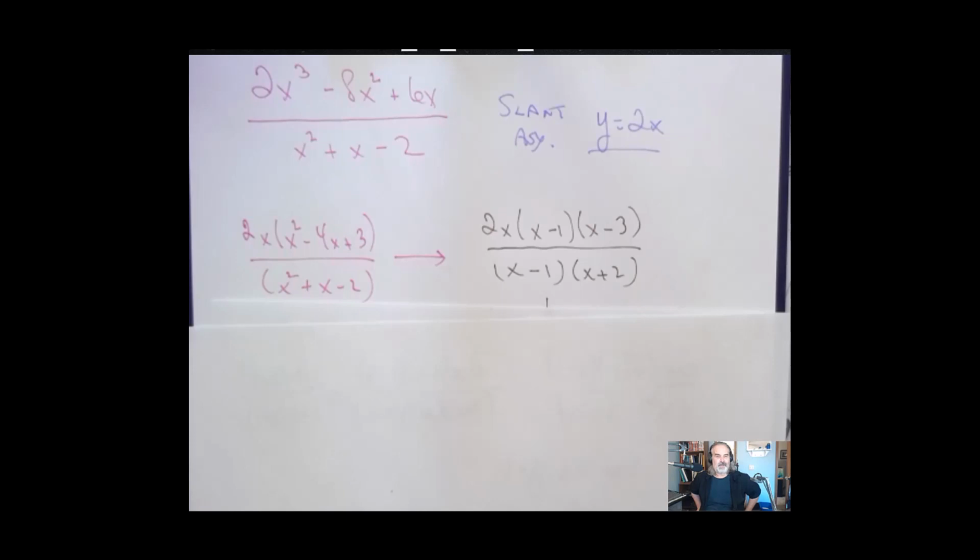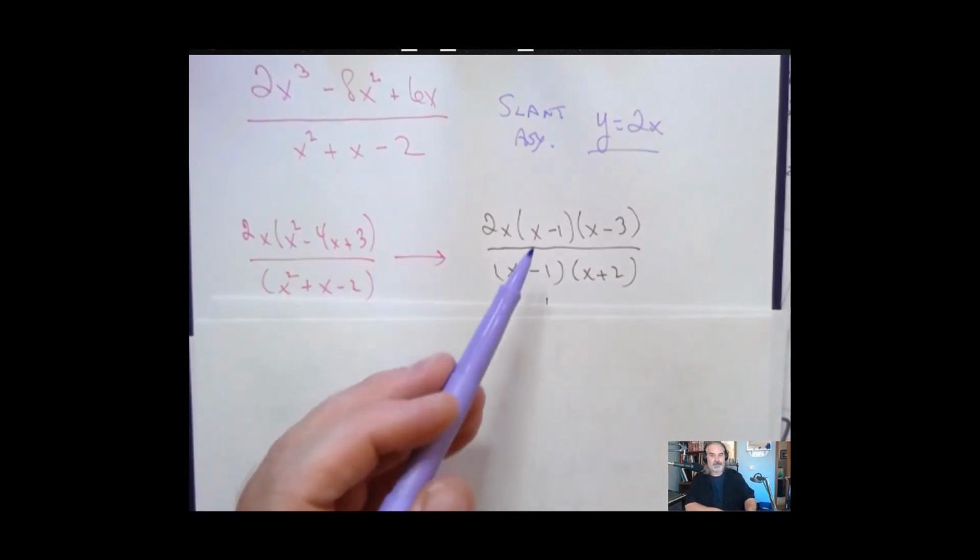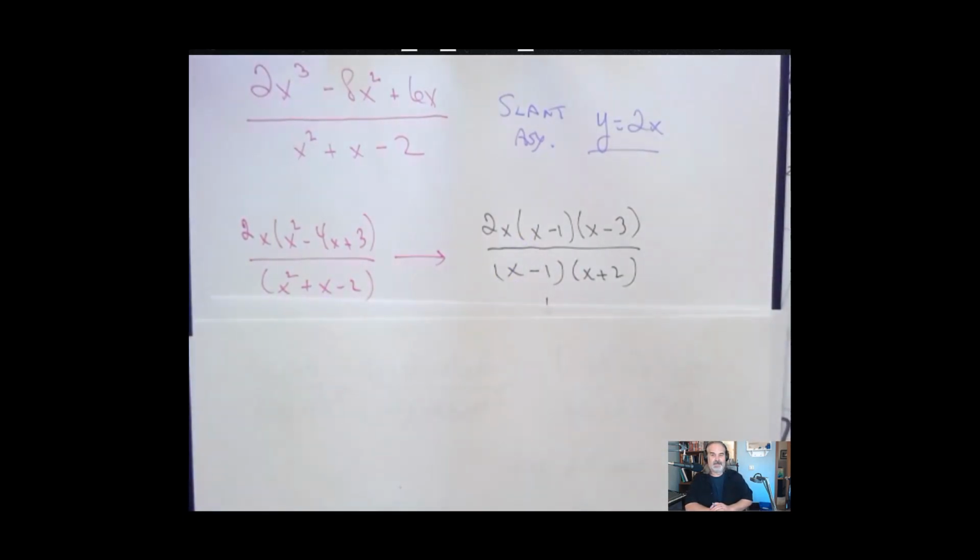And then having factored out the 2x in the numerator, that leaves behind two quadratics, which I designed to be easily factorable. Okay, and we get here, and oh, looky there. It looks like because there's a common factor in the numerator and the denominator, that x minus 1, algebraically speaking,